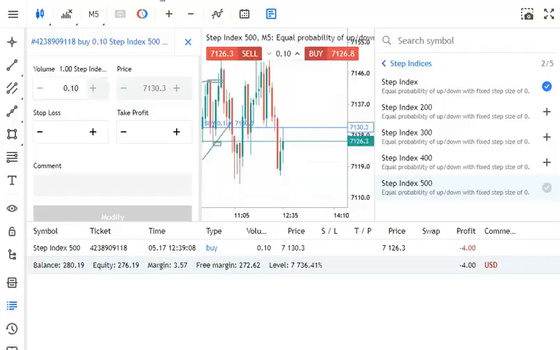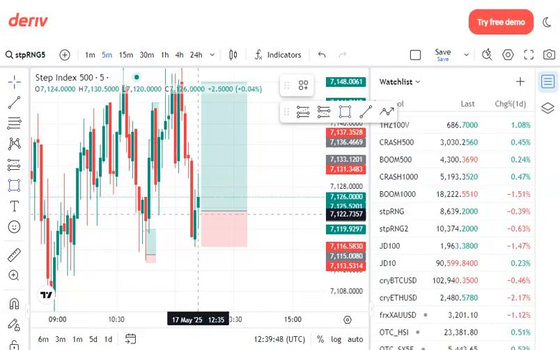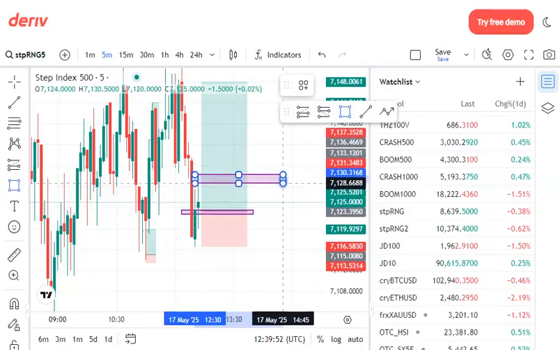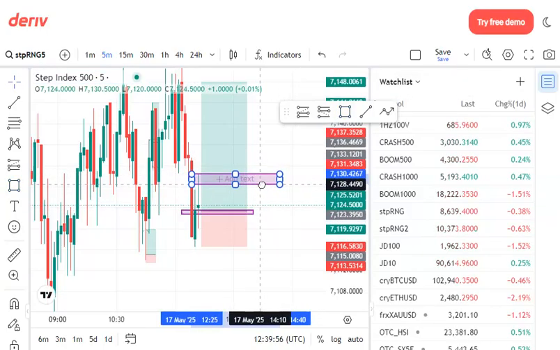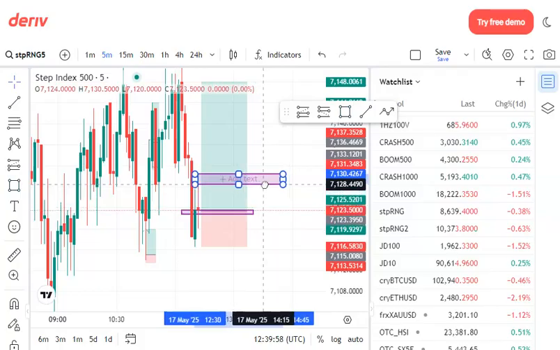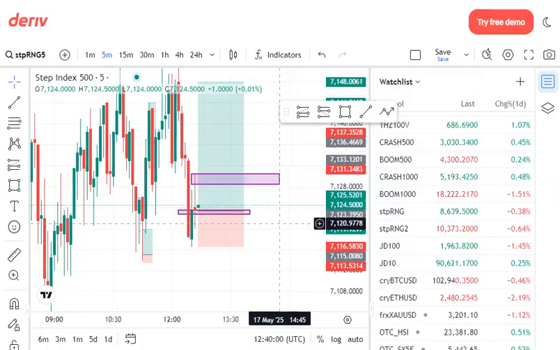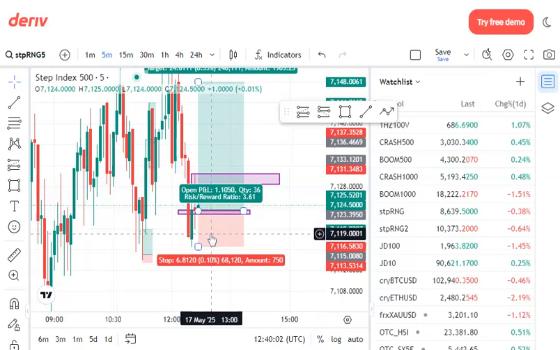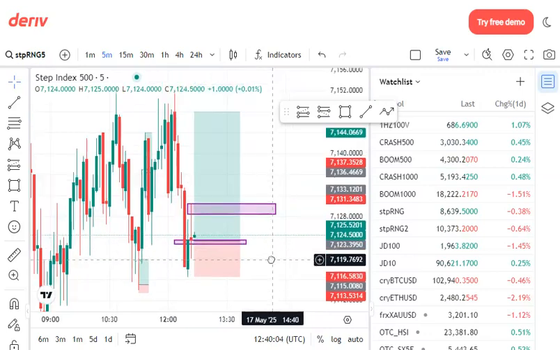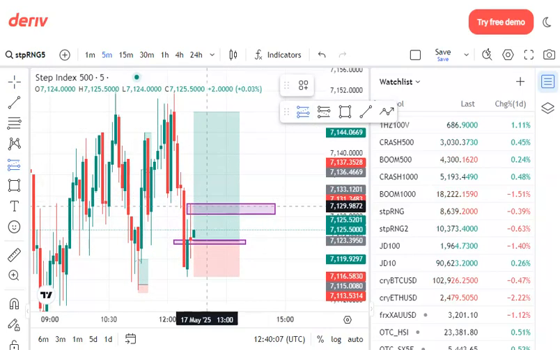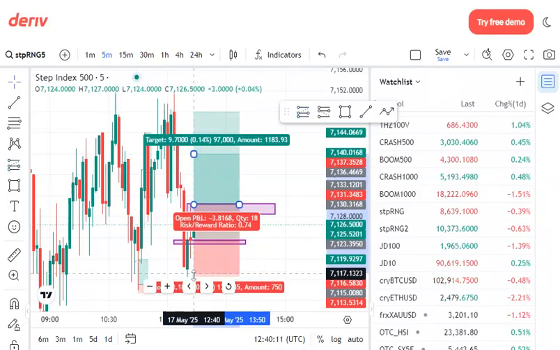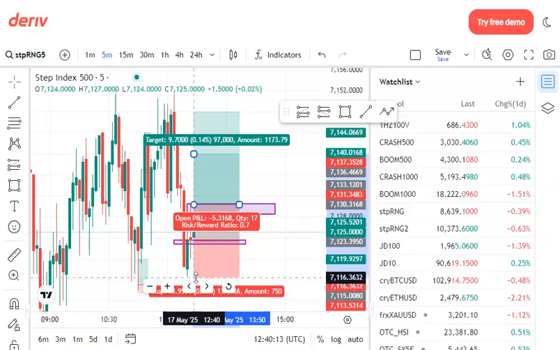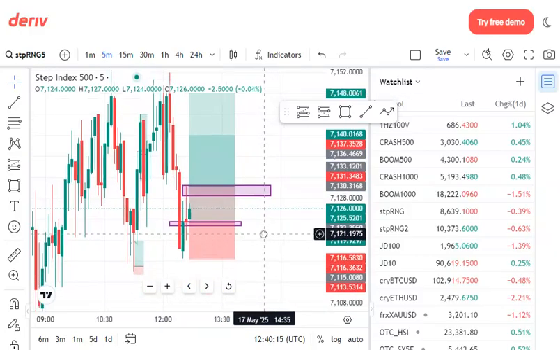This point was where this trade was supposed to be taken from. But instead, the trade was taken from this point. So what can we do to this trade? Our stop loss was supposed to be $6.8. But then when we have analyzed this market from here, when we see our chart, we see our stop loss